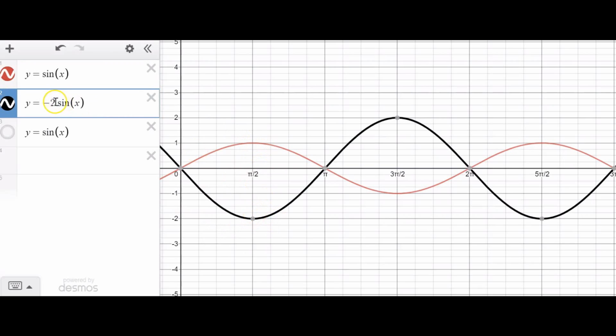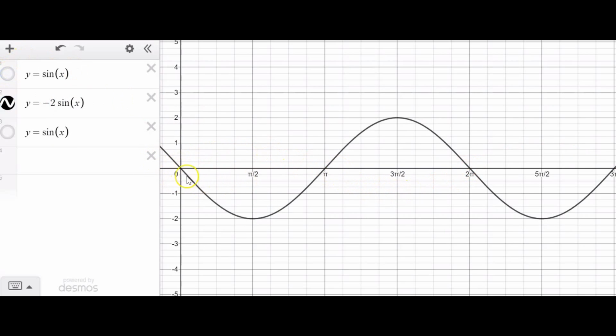So it does two things. The negative flips over the sine curve. So instead of going up, down, up, the sine curve now goes down, up, down, okay? It starts at 0, or it starts in the middle is a better way of saying it. Then it goes down, up, down, because of that negative. Also, because it's -2, it goes down to -2, then it goes up to +2, and then back to 0,